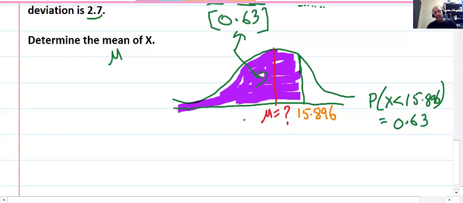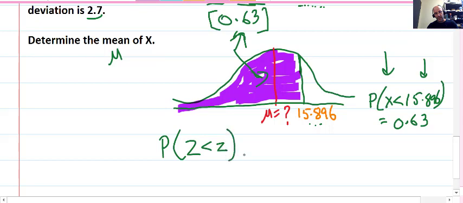Those people with obsessive compulsive disorder may hate the fact that I didn't bother shading that in properly. We now write down our expression, which I've pre-populated there. So for the x score to be less than 15.896, that is equal to 0.63, and then we can use our graphics calculator to come up with an equivalent z-score there. Big Z, little z. What is that? We can use our calculator to find that, and that will give us a little z of